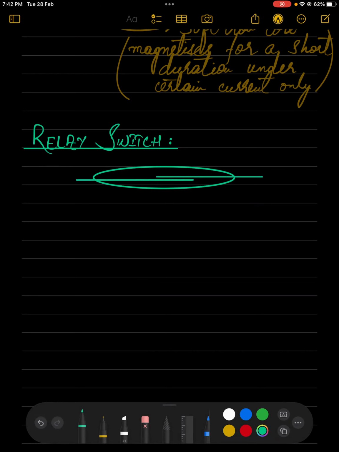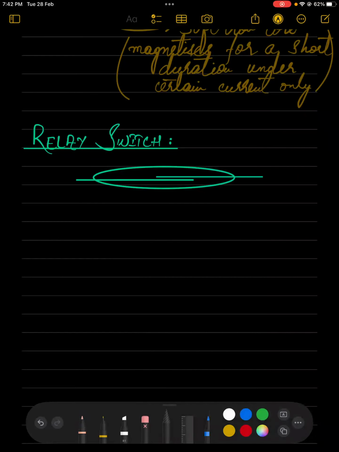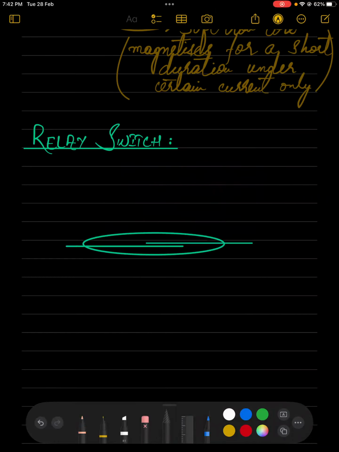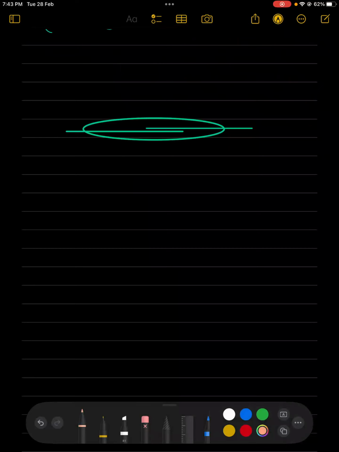The only thing which is present in this glass chamber is a thin wire or a thin strip of conductive material which could be magnetized as well. Now it's usually preferred to be of iron. We don't use any other material over here preferably. We prefer iron instead. And what we do with this relay switch is that we supply a small amount of current to turn on any large circuit. Like what happens is that I will be having some battery over here,